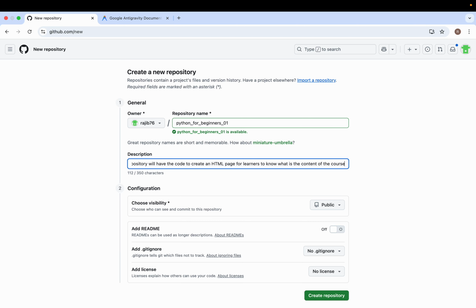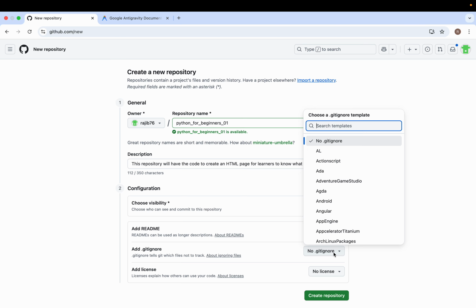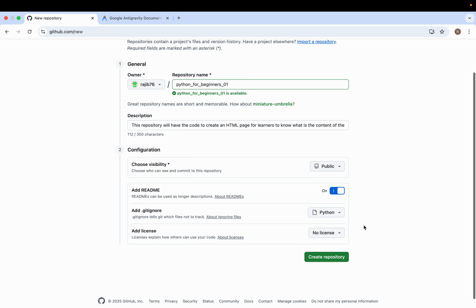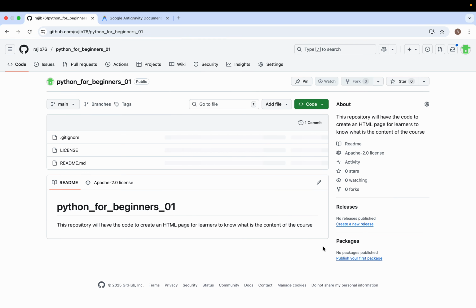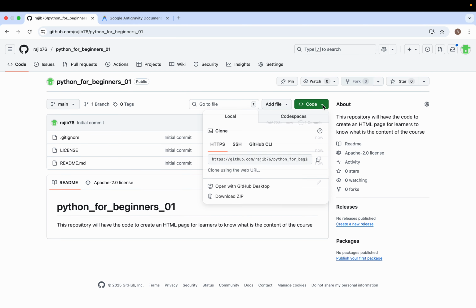Okay, and I'll make it public. Add readme, gitignore, I'll say. Okay, for now let's see if HTML. Okay, no, so for now I'll give Python. Later we'll add some of the Python programs also here. So gitignore is Python, Apache license 2, create repository, and then once the repository is created, I'll copy the